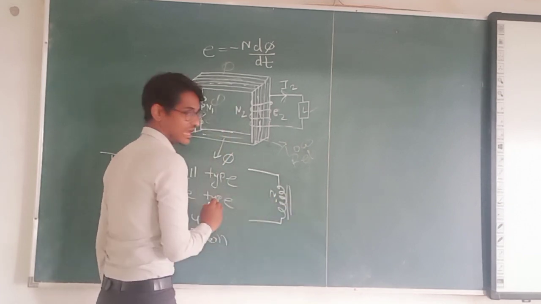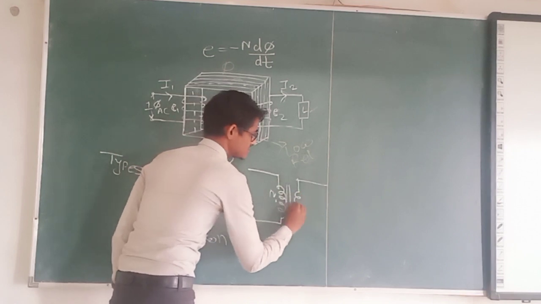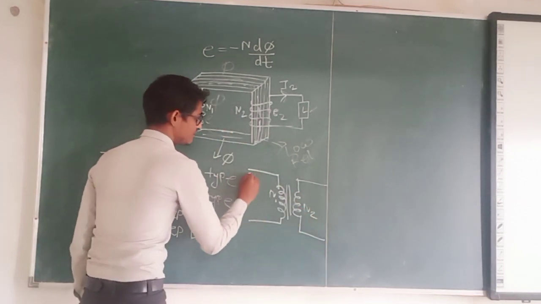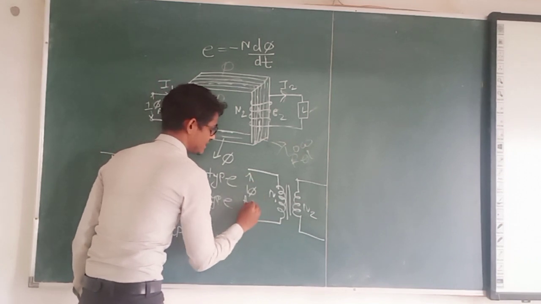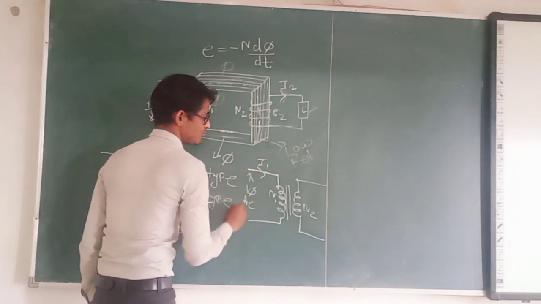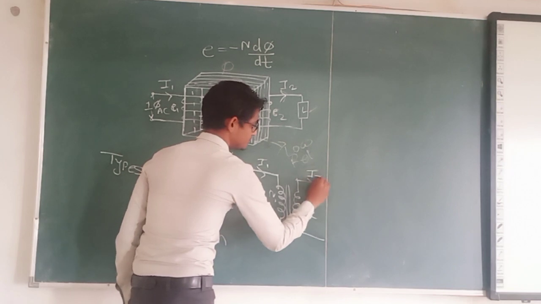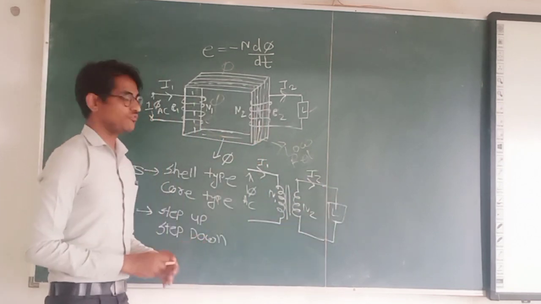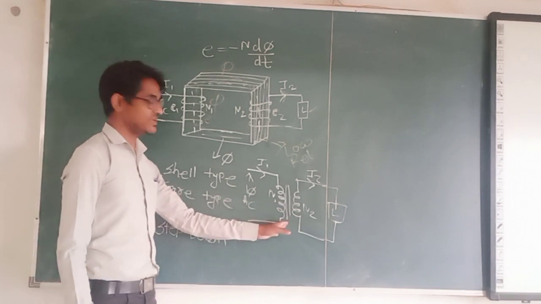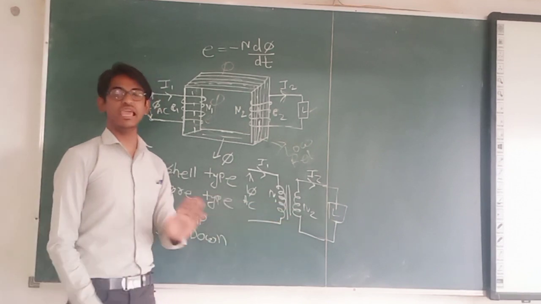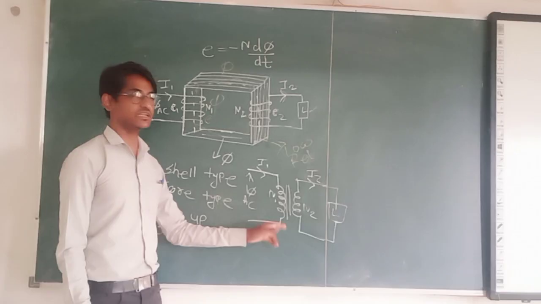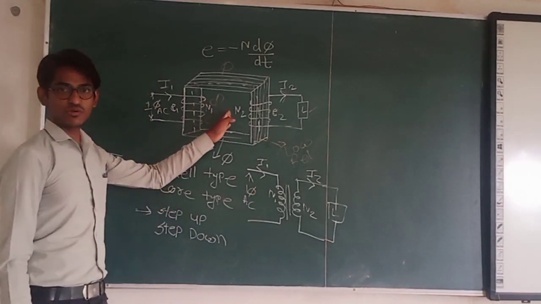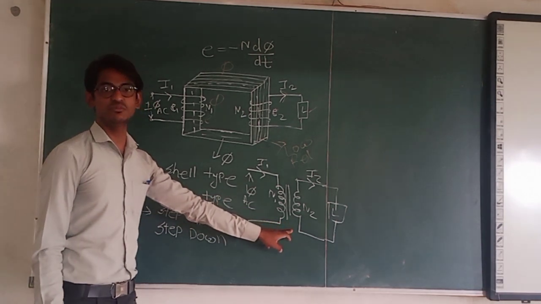Here are two parallel lines, and this is a secondary winding which has N2 number of turns. Here we will give a single phase AC supply. Current I1 starts to flow from here, I2 flows and is connected to the load. So what is the meaning of this representation? It is used to represent any electrical network, any electrical study. We represent the transformer construction in a symbolic way like this.